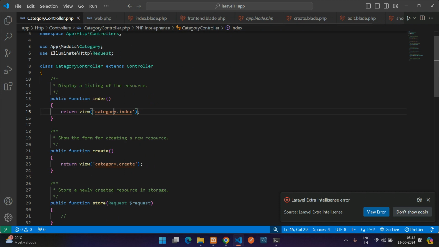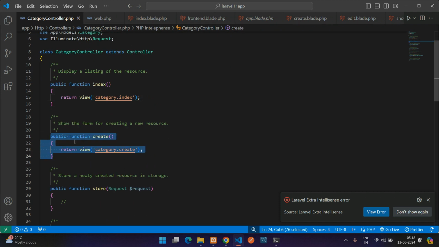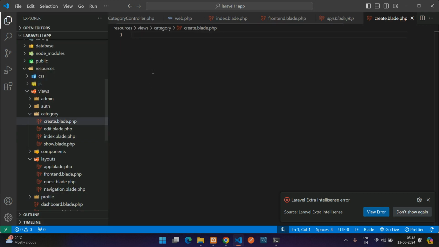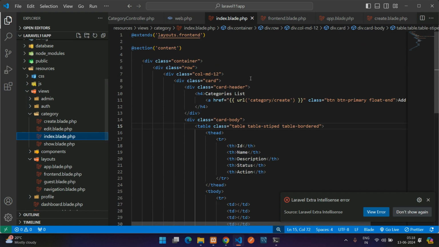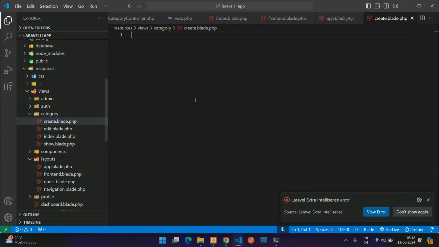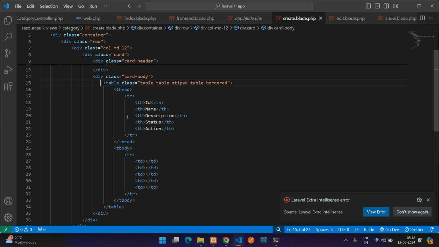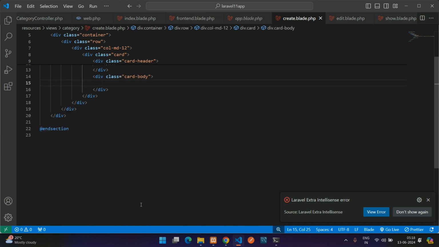So here, if you click on that add category, it goes to the route category/create, which redirects you to the create blade file, with the help of this create method. So let's go to this create blade file and extend our layout. So as we have extended in our index blade file, same thing, we are just going to completely copy this and paste in our create blade file. And now, guys, one thing we are going to modify, that is removing this table, and instead of this table we'll add a form. So use a form method post and